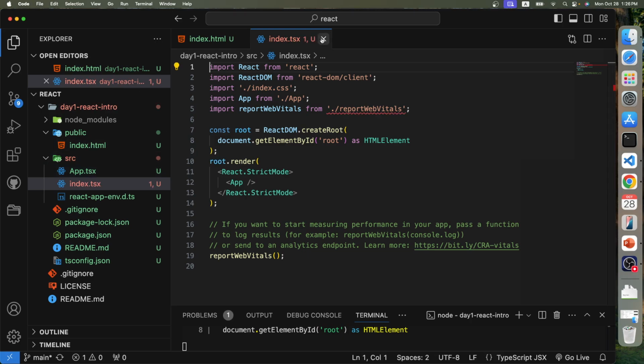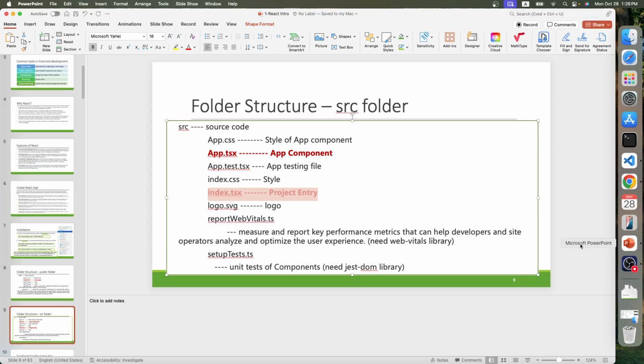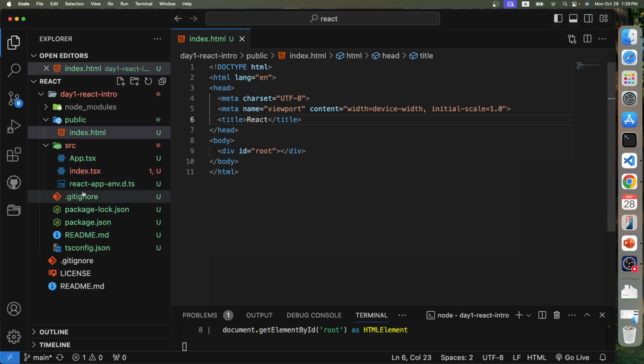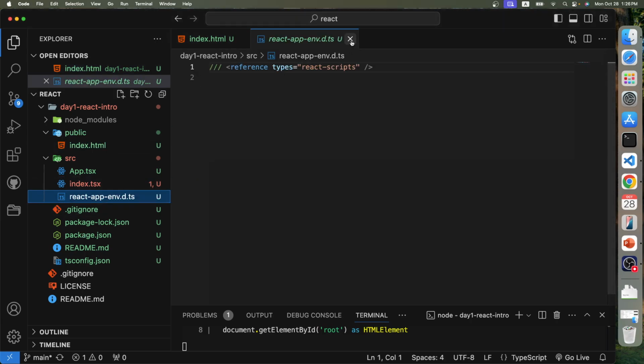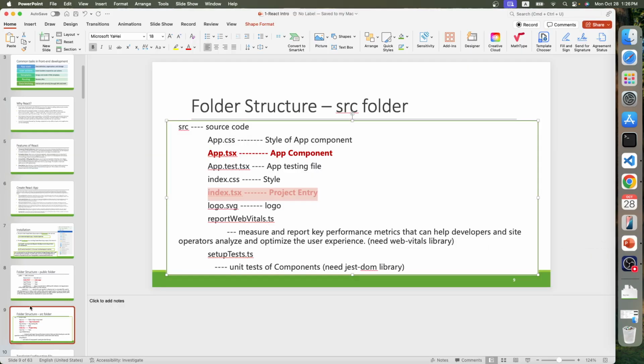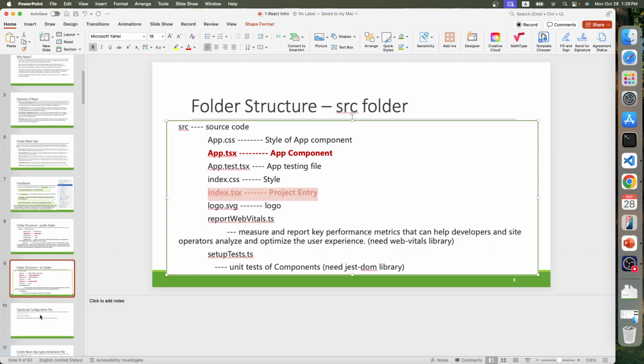I should follow the slides. Okay, let me follow the slides. So three files: app.tsx, the root component. This one is the project entry, and for this file, we're going to talk about it in a minute. Okay, don't worry. Now, first, let's take a look at